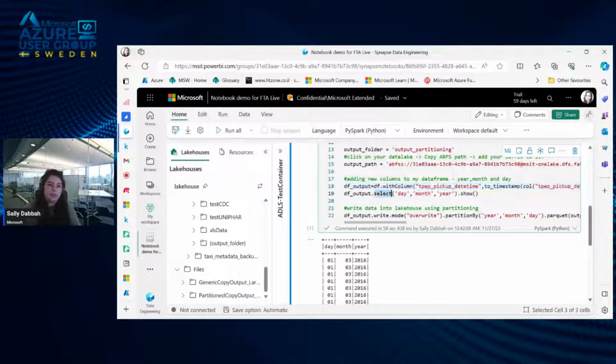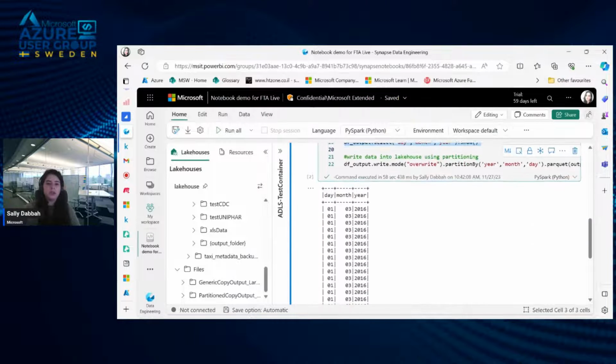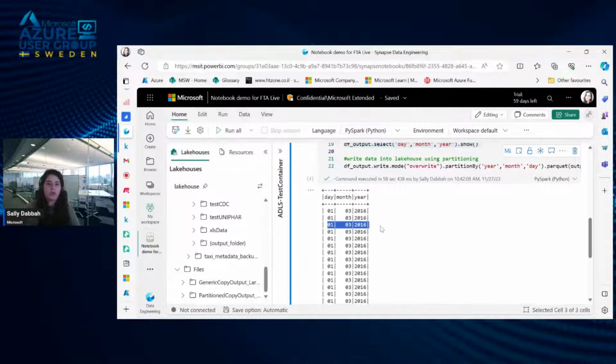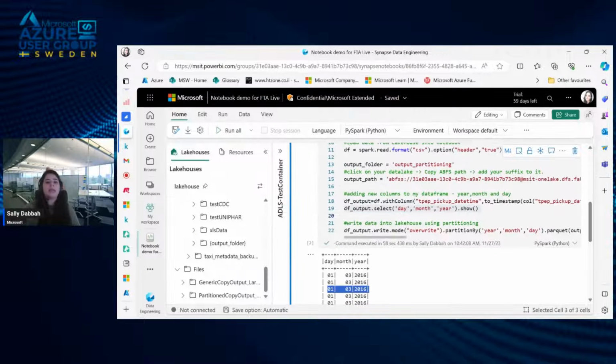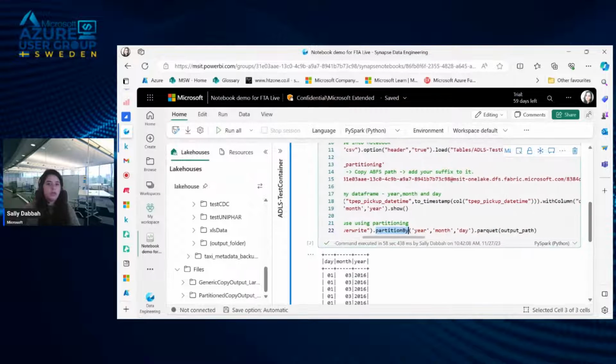And here in this command, I'm showing you how it was selected. I'm selecting these 3 columns from my data frame and then showing them to you. You can see all the values: 01, 03, 2016. And to write it down, I'm writing in mode overwrite, and then I'm partitioning by year, month, day, and writing parquet.